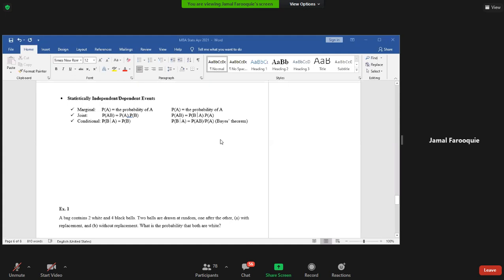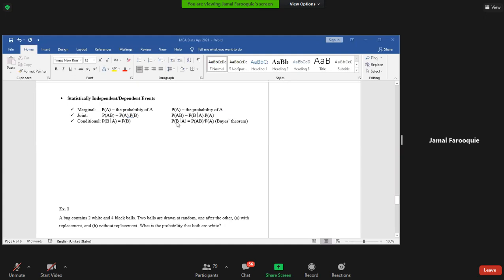And this is how we read it: probability of B, this is a vertical slash, it's not divided by, this is a vertical slash, probability of B given that A has occurred. So since A and B are independent events, whatever is on the right-hand side is simply probability of B. But on the right side of this page, when you see, which is for dependent events,